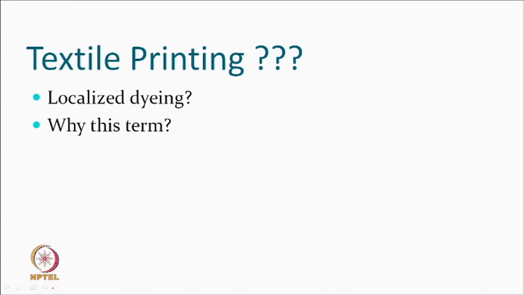Now, let us say whatever somebody said is printing. Of course, we understand that at different points something is happening. They sometimes call it localized dyeing. Printing itself is the term we are trying to understand. You say now it is like dyeing. What is the special thing about dyeing? How does a fiber get dyed? How does it get dyed? That is the most important thing.